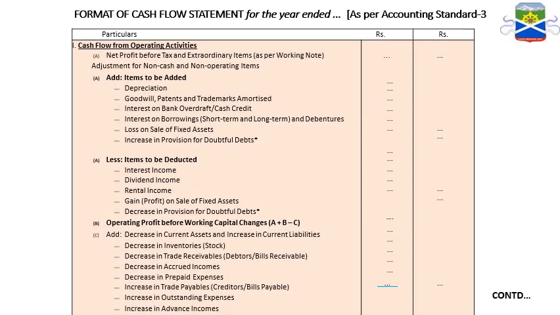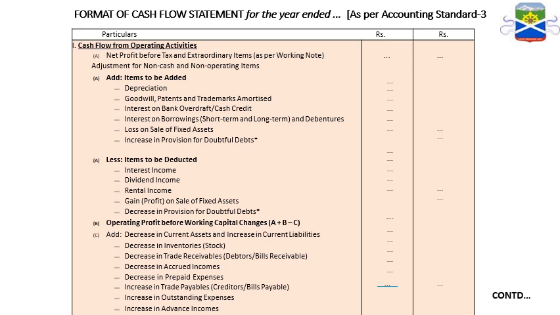Now we'll go for the format of cash flow statement as per Accounting Standard 3. Over here you will find different activities. The first activity, under Roman numeral I, is cash flow from operating activities, under which we show net profit before tax and extraordinary items as per the working note, which you have to show in the working note, and thereafter adjustments to